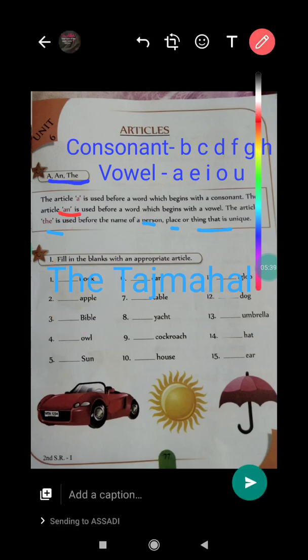Okay, now we will go through these examples. If you will go through these examples, you will understand better, students. Okay, fill in the blanks with appropriate articles. See here, fill in the blanks, you have to fill in the blanks with